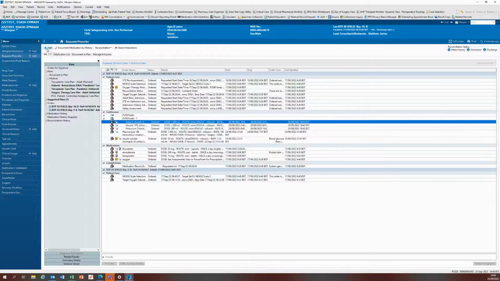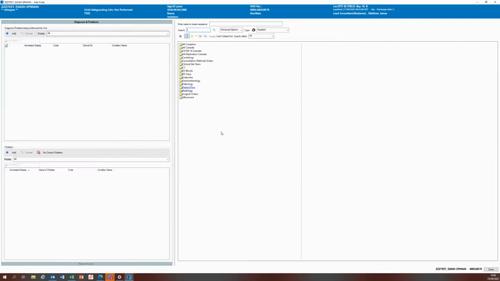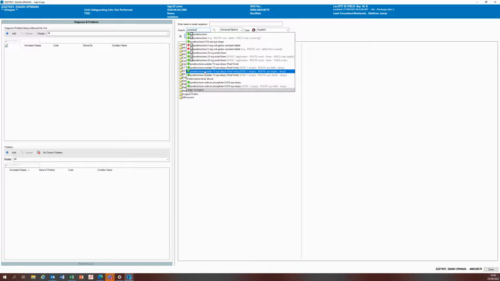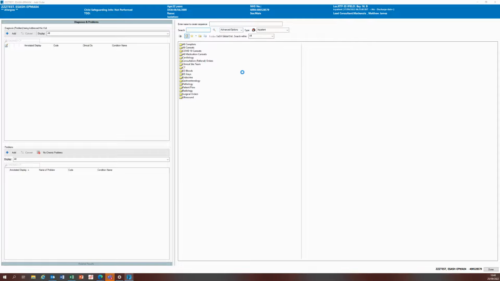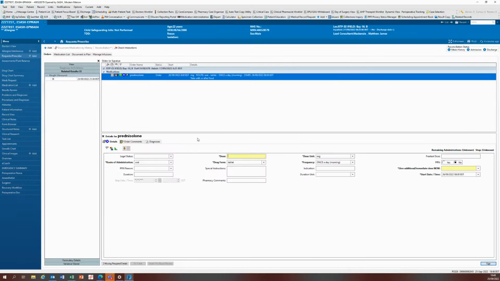Once you get to request and prescribe, you click on add, and that would fire the order search window. At this point, you search for the drug you wish to taper. In this case, I'm going to use prednisolone as an example. Please try and choose an order that has an order sentence associated to it, so the one that says 'mg, route oral, tablet, once a day in the morning'. When you click on this and press done to close this window, you will see the order added to the